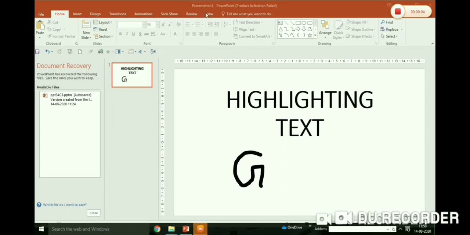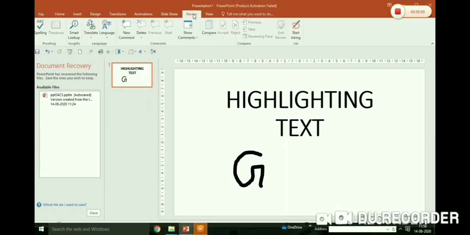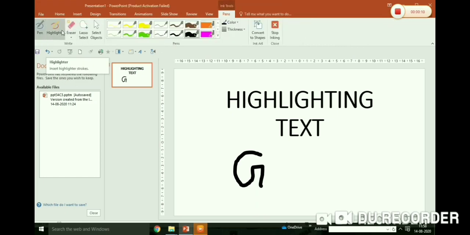For this firstly click on review tab. Okay, then click on start inking option. Now you can select the highlighter tool in the right group on the pen tab. Now choose a highlighter from the various options under the pen group. Drag your pen or stylus over the text that you want to highlight. You can choose any color to highlight your text. Okay, I'm firstly taking green, then pink. Clear? So this is my highlighting.